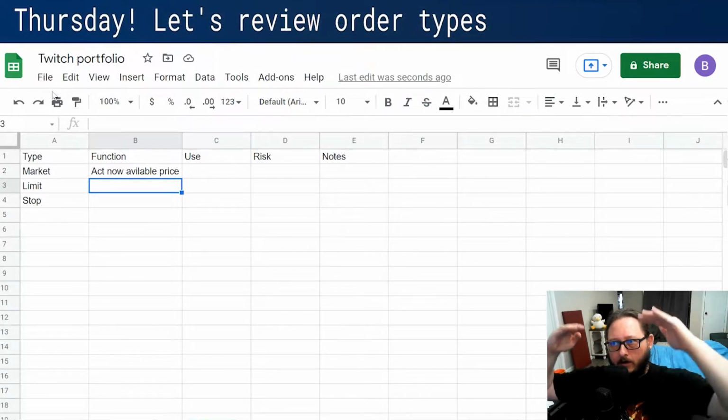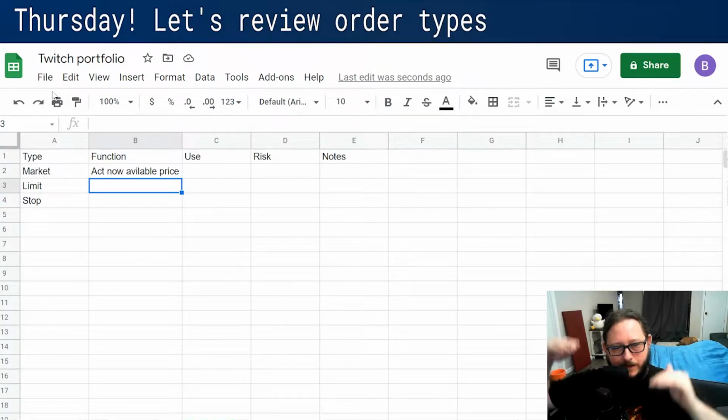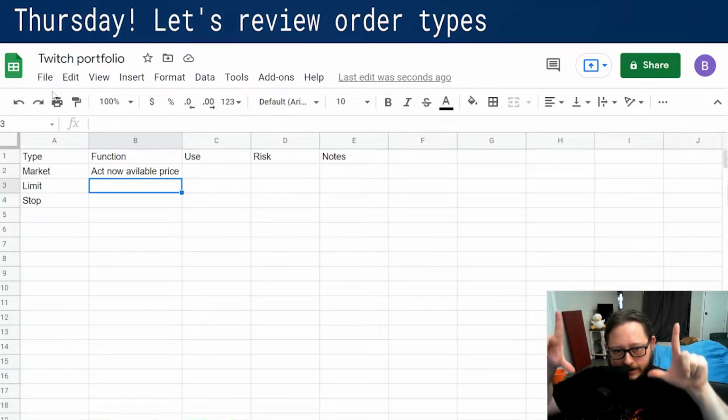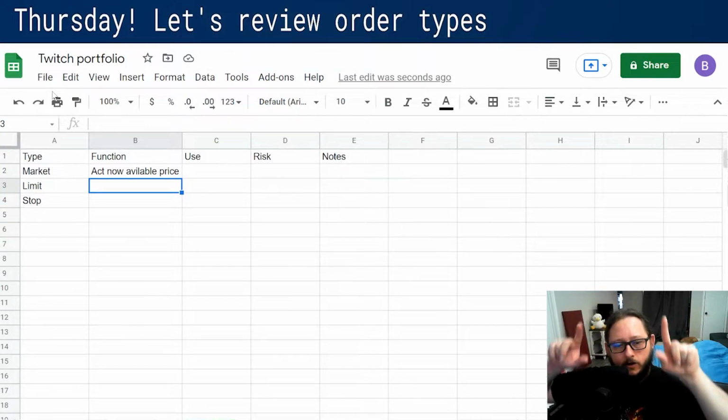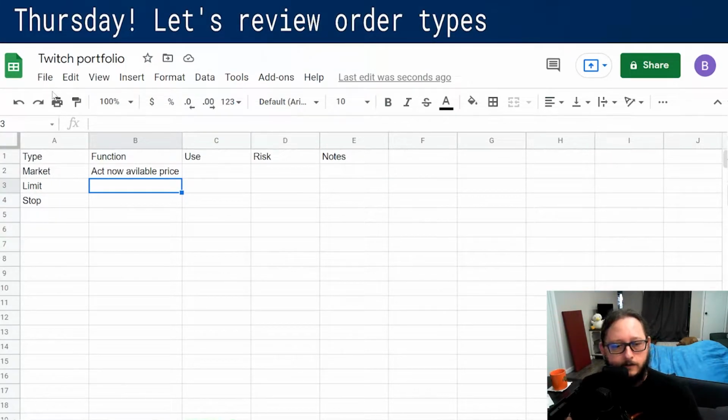So when you're looking at an order ticket, you've got what's known as the bid and the ask. I have another video on that, so if you'd like to look at market depth, go check that video out. But the market depth is telling us how many orders are available at each price point. Okay, if you've got 1,000 shares